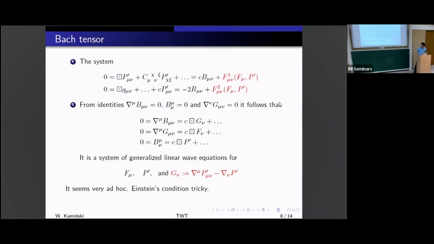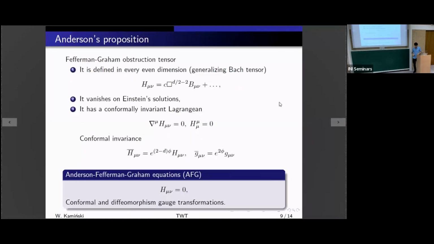So it seems very ad hoc. And okay, this Einstein condition, it's okay, one can use some abstract arguments. So one, for example, knows that if you have this development, let's say for the Bach tensor and for the Einstein tensor, then you can compare them. So you know that the development for the Einstein tensor is also the Bach tensor development, yes, because its Bach is 0. So you can compare and you can notice that because one extends to the boundary, the second also extends. But okay, so how to make it less confusing?